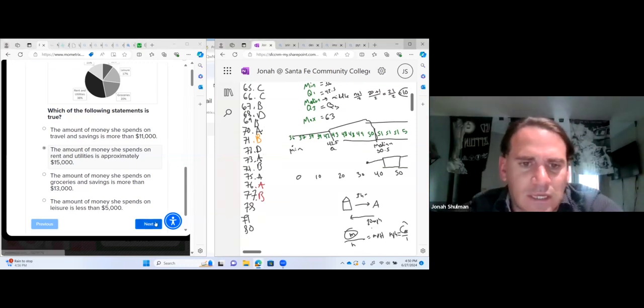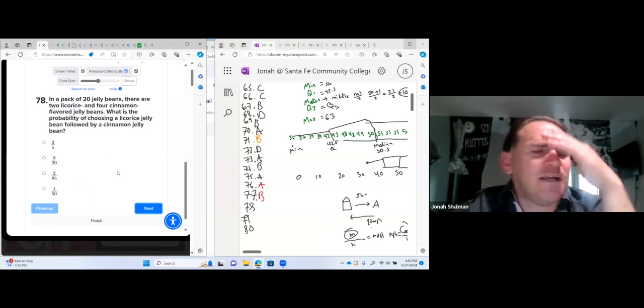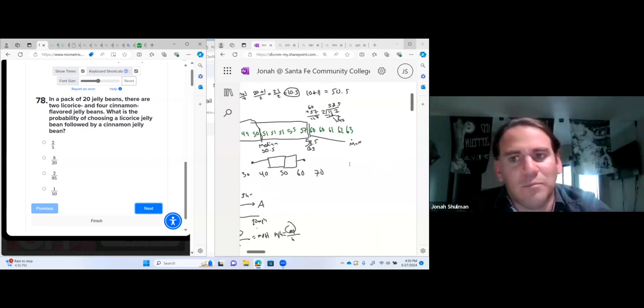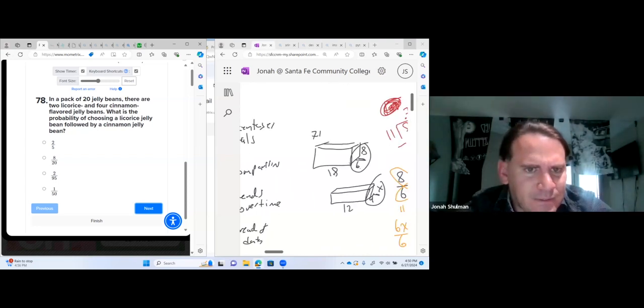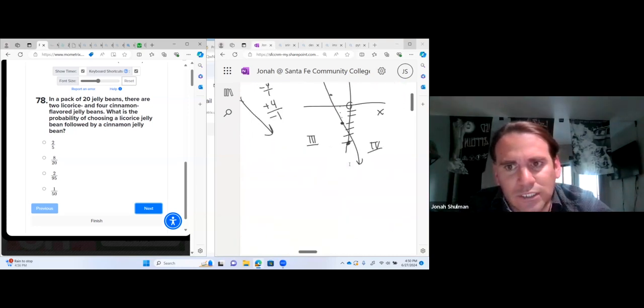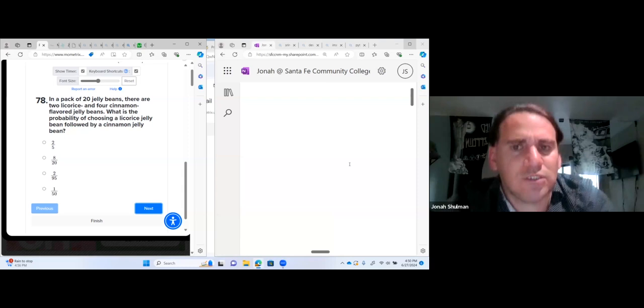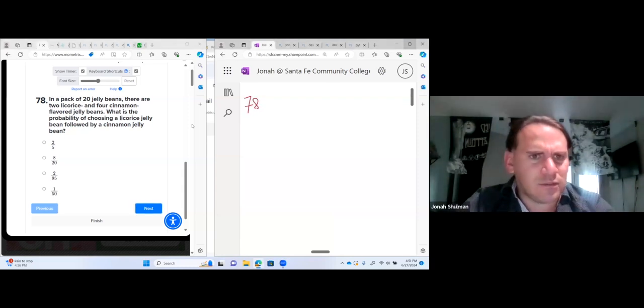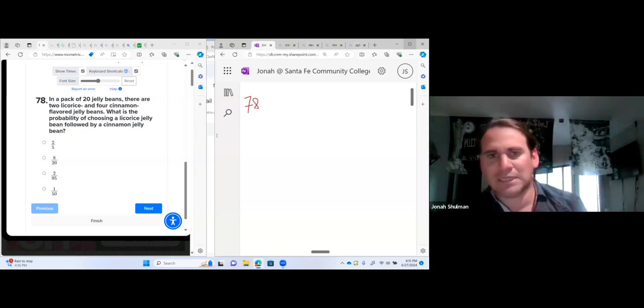All right, let's go to 78. In a pack of 20 jelly beans, there are 2 licorice, 4 cinnamon. What is the probability of choosing a licorice followed by? So this is where it gets tricky. This is a probability question, and the reason why this is hard is because we pick one and then we pick another one. So if I pick one and then pick another, there's less in this,